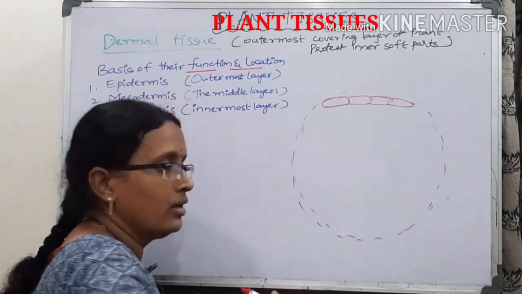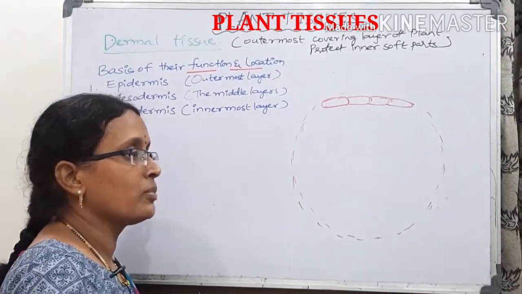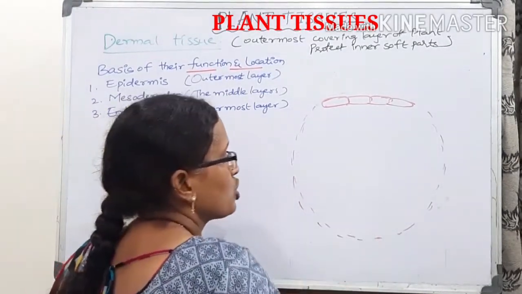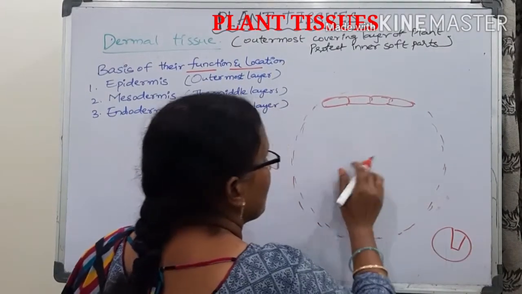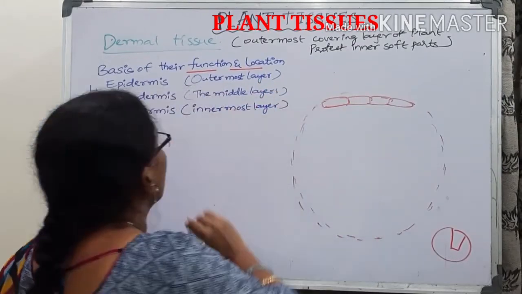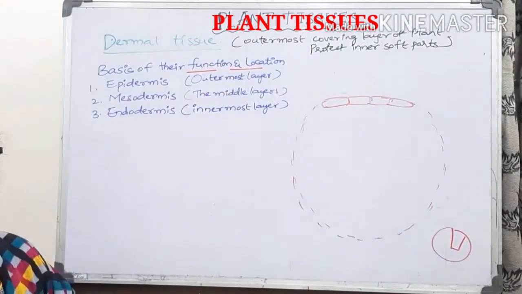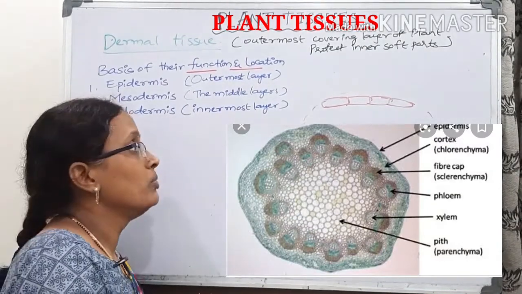If you take the transverse section of the stem, we cut a circular portion, and I am drawing a single portion of it. The outermost layer which is there is called epidermis, and below that layer